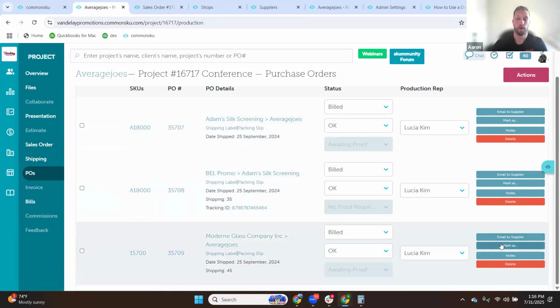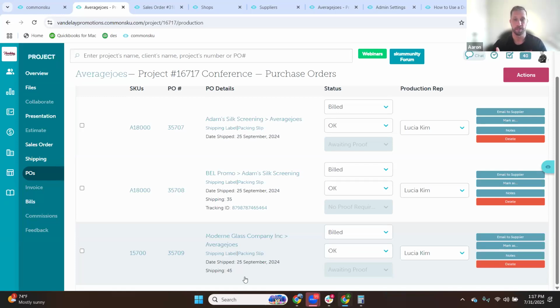Believe it or not, there are teams out there right now who maybe aren't doing all this, and maybe that's you, and I think that's okay. But the biggest part is don't get complacent with what you know on commonsku and push yourself to continue to learn. So if you're not cutting your POs, for example, think about the number of steps it's taking to have to go and actually key all that information in somewhere else, and then the potential loss of information, manually typing that stuff in. The time that that's taking, even if it's only a couple of lines, doing that multiple times throughout a day is a big loss and ultimately